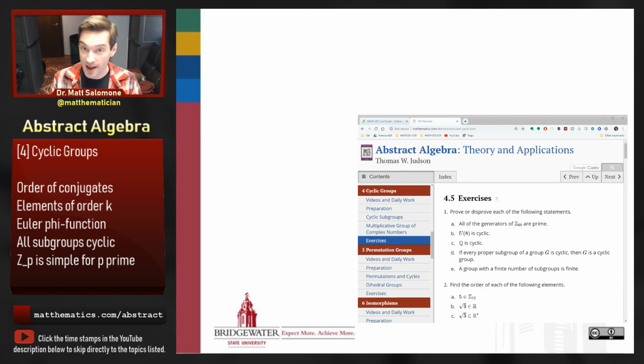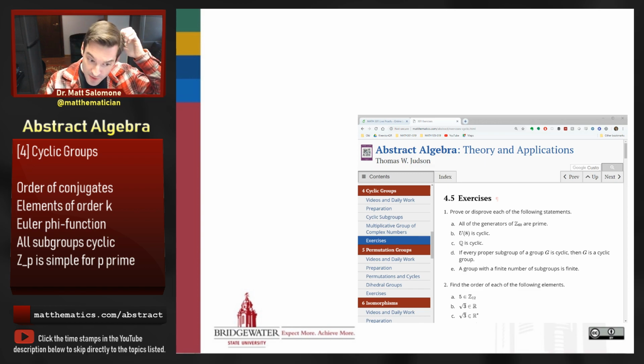The only subgroups that it has are the same subgroups that every group has, namely the trivial subgroup consisting only of the identity element and the whole group itself. And so if my group is Z mod p, then those are the only subgroups that it has. There are no others that are intermediate.